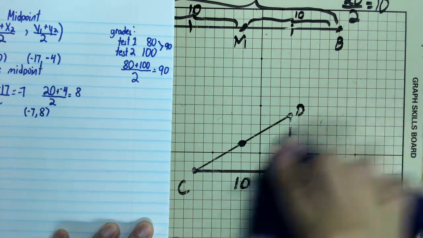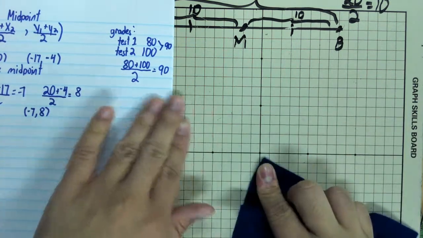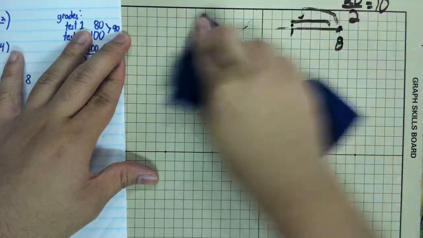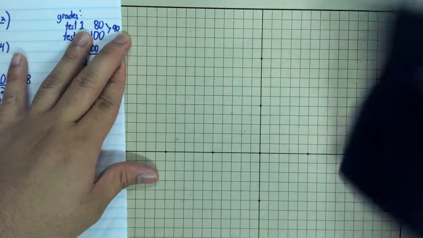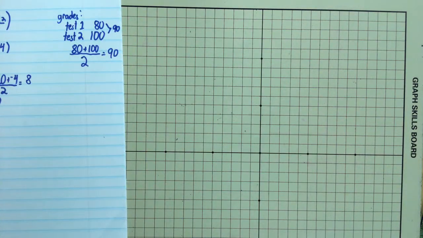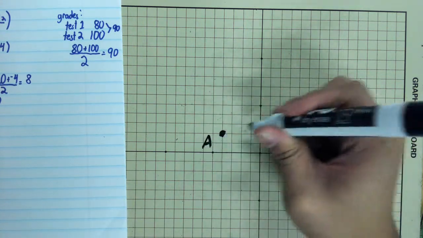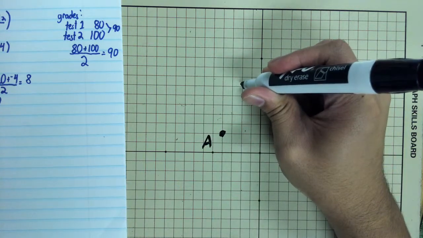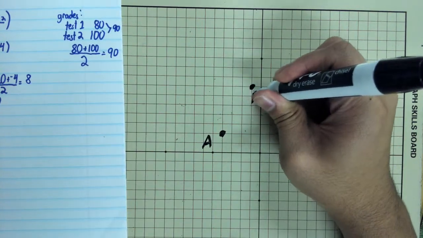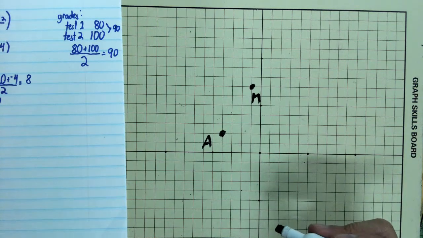So next, let me do a different example. You may also see a question where they give you the endpoint and the midpoint, and they're asking to find where is the other endpoint. For example, here's A, and I'm just making stuff up here. Here's M, here's A, and here's M,